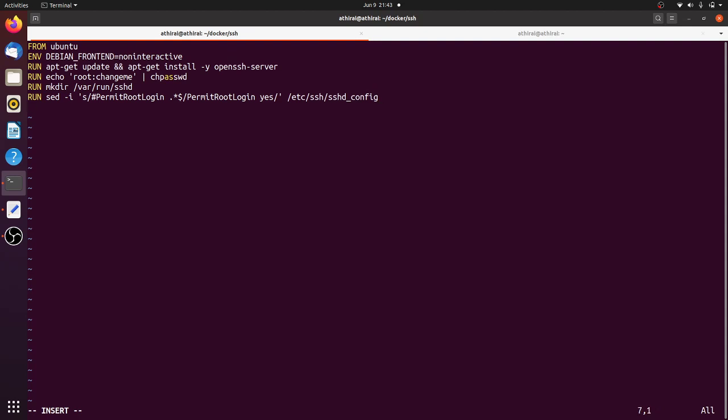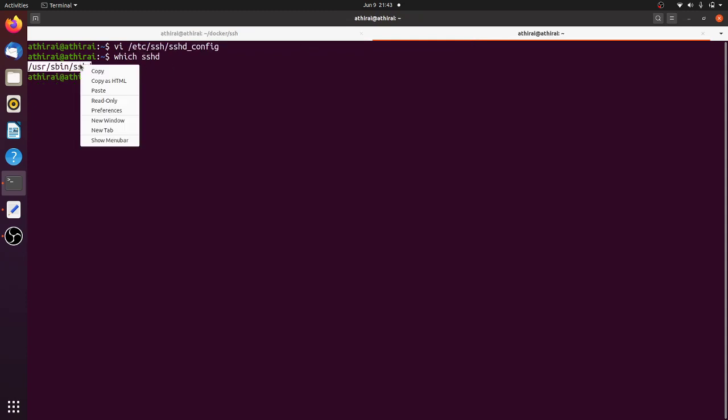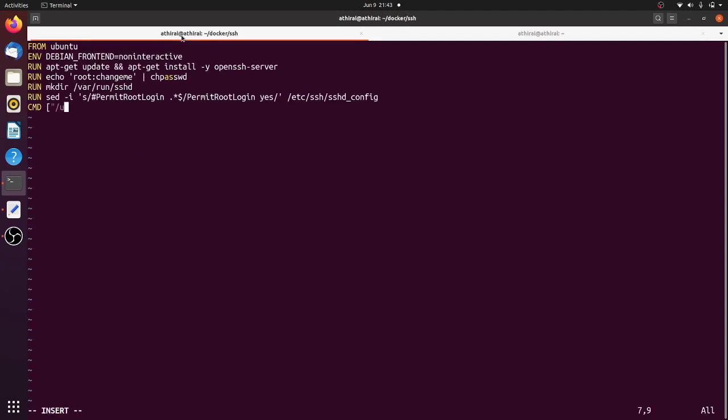Okay, and finally we have to start the SSH server here. So I'm going to use the command, let's see where my sshd is. I will use which sshd. So this is the path of sshd. For other distributions, you have to find what the path is and then use it, but the argument will be the same, hyphen capital D, so start it in daemon mode. So that's it. This is the Dockerfile which we need to start an SSH daemon when we start it as a container.